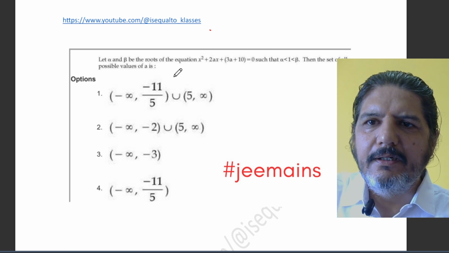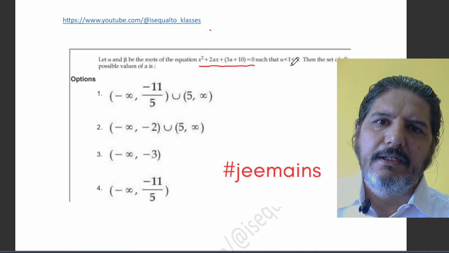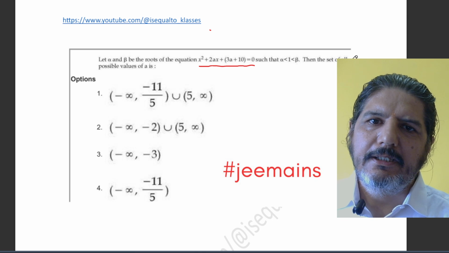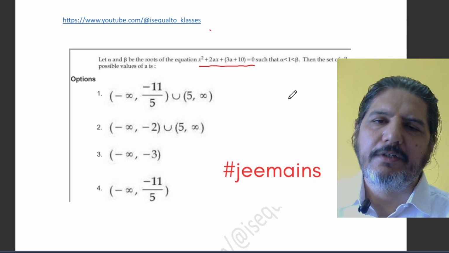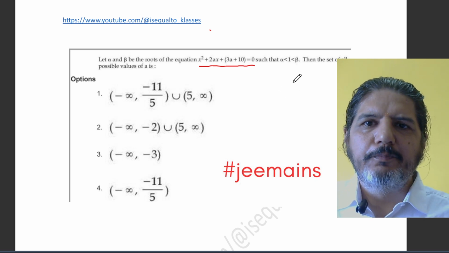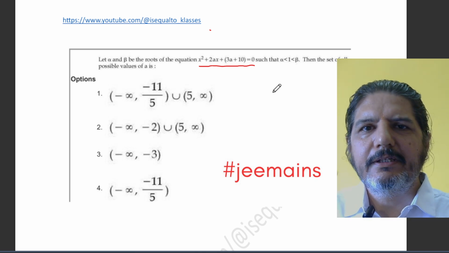Let alpha and beta be the roots of the equation. So this is the equation which is given to us, such that 1 is greater than alpha and 1 is less than beta. Then the set of all possible values of a is... So these are the values which are given. Now, as I have told you, the concepts being used are from the syllabus, but they have been given a very